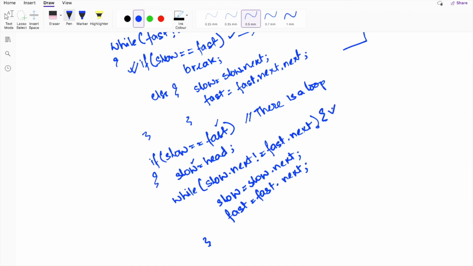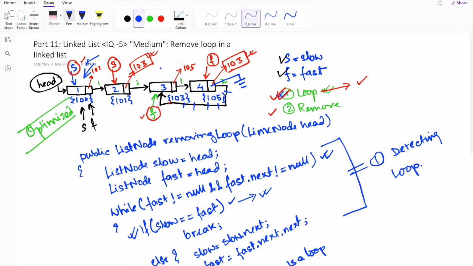Once this condition is satisfied, we identify the node where the loop actually begins. After that, we just need to set the next address of the fast pointer to null to break the loop.